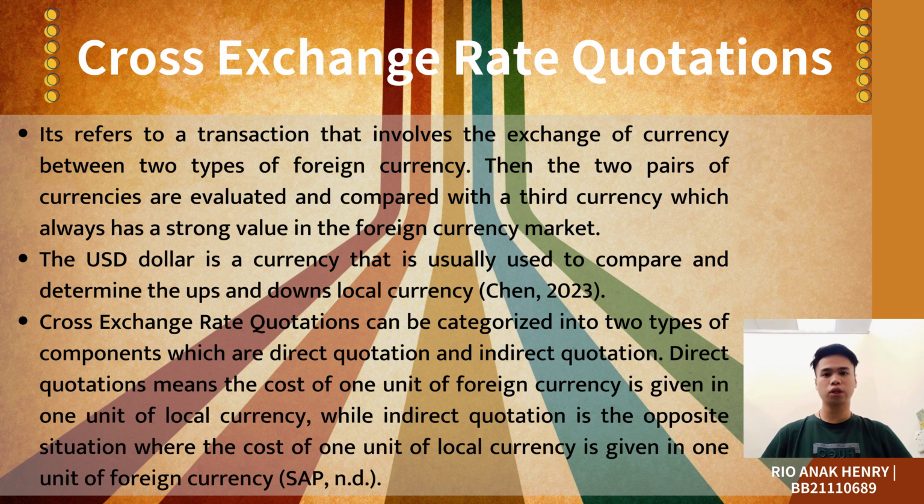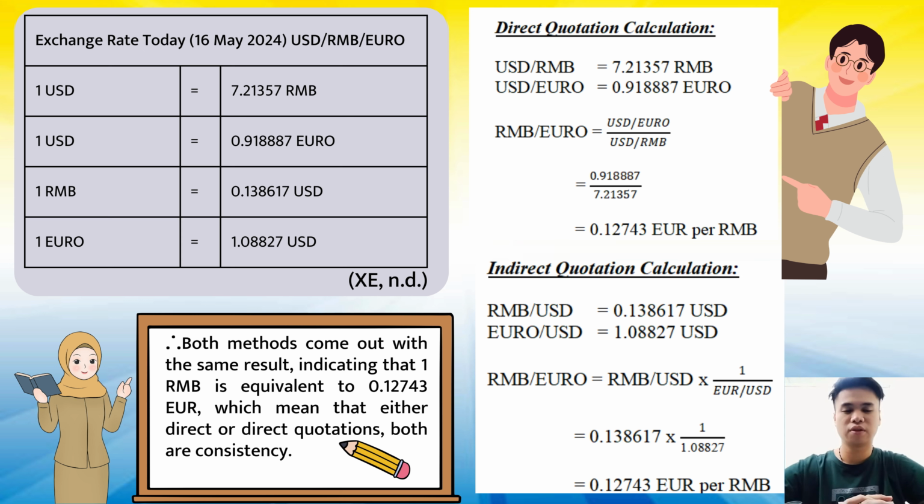Direct quotation means the cost of one unit of foreign currency is given in a unit of local currency, while indirect quotation emphasizes the situation where the cost of one unit of local currency is given in one unit of foreign currency. Here are example calculations for direct and indirect quotations. For direct quotation, we use 1 USD equal to 1.21357 renminbi divided by 1 USD equal to 0.91887 euro. We divide both exchange rates and we get the final answer